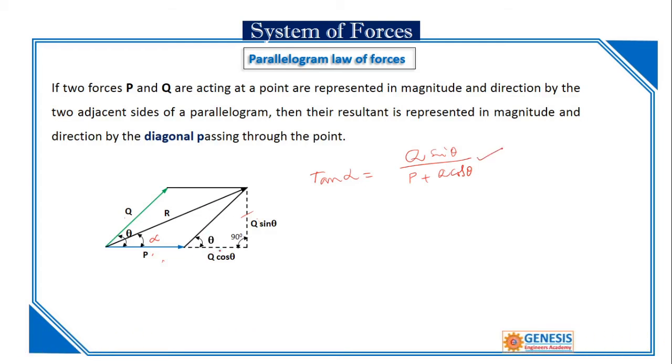So to keep that in mind, you have to always draw the parallelogram diagram, with the sides opposite to that, and you have to resolve the force Q into two components. Okay, so then it is Q cos theta, then it is P plus Q cos theta, then alpha is equal to tan inverse of Q sin theta by P plus Q cos theta. Got my point? This is how you form this.